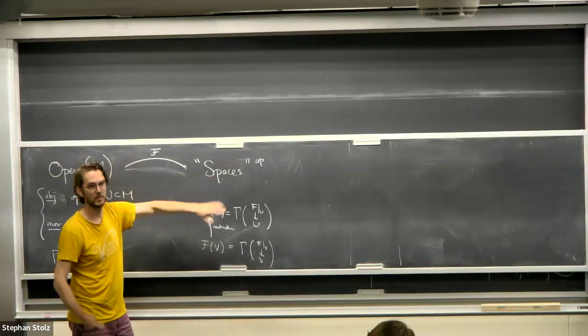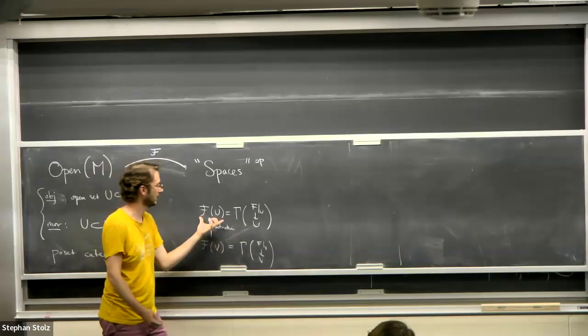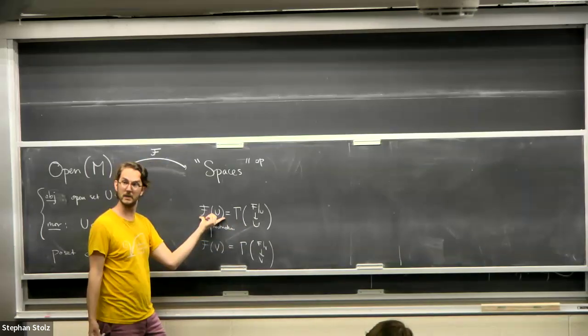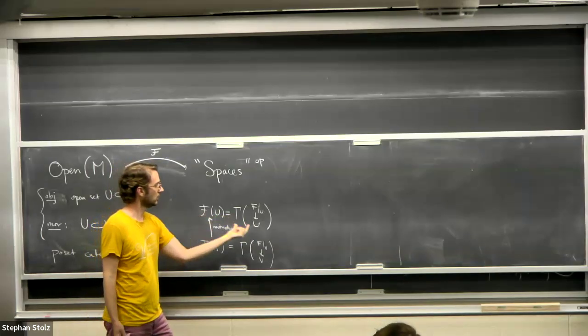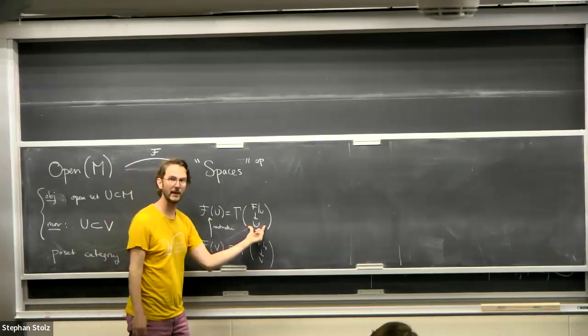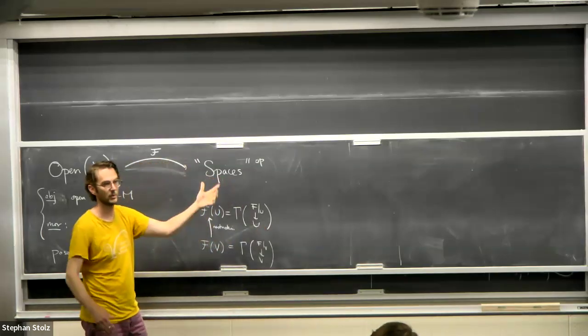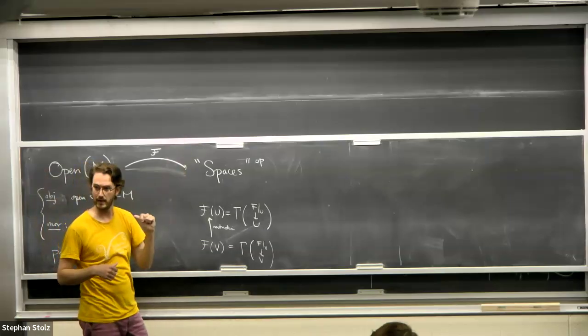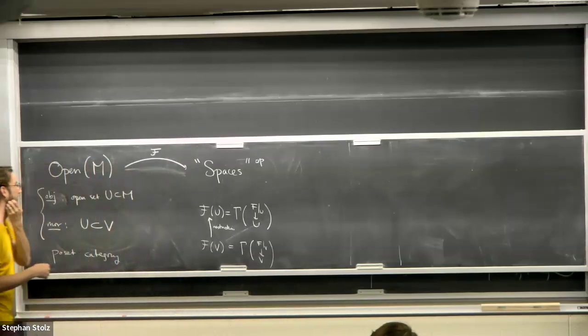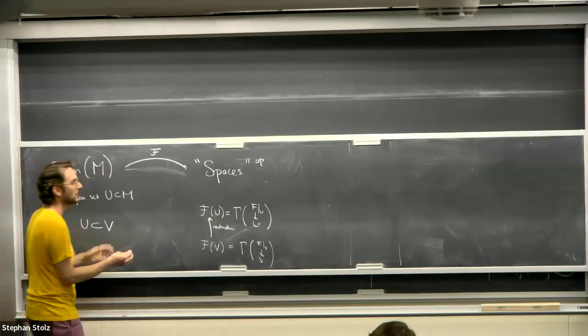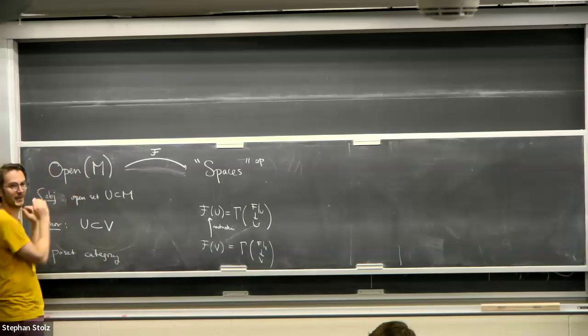So I need spaces to be a category that contains whatever F of U is. So if I'm thinking about smooth sections of some vector bundle, spaces has to include these sort of infinite dimensional vector spaces. Questions about this so far? Why didn't you put the op on the other side? Because there's going to be another functor that's contravariant, and it's convenient to do it this way. But you can do either way. And I know you're not used to having an op over here.